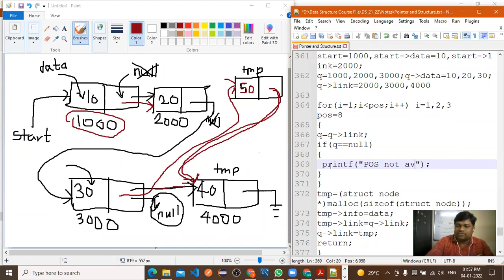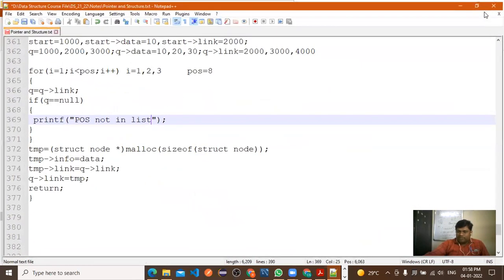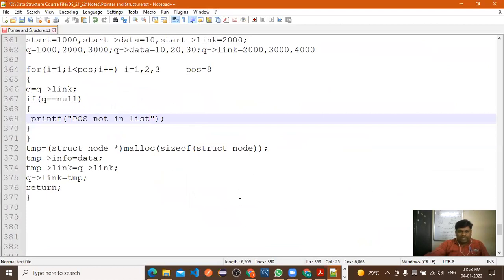or not in list. Sir, we can't insert. Or we can't insert like this. We can. Okay, good. Or we can't insert the element right at this position. Or you can display the position also.